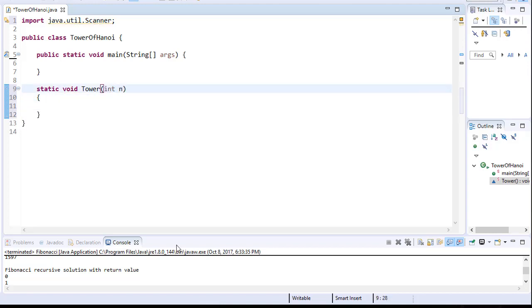The second will be the number of the peg that is the source peg, so it's going to be an integer again, and I'll call it source peg. Then it's the destination peg, so again it's an integer, and finally the spare peg number. So in our case, we can make the destination peg either the middle one, number 2, or 3, which is